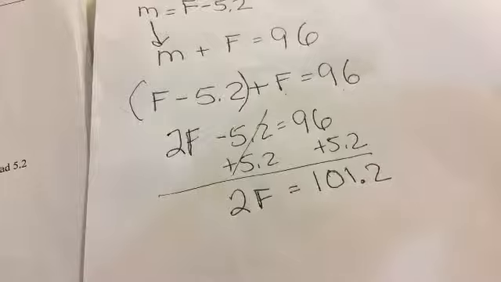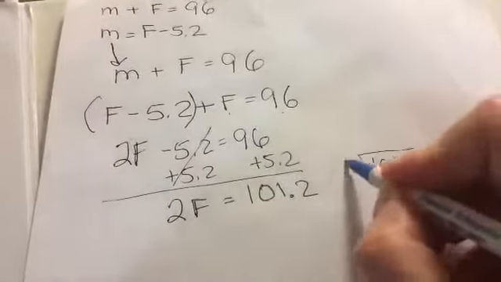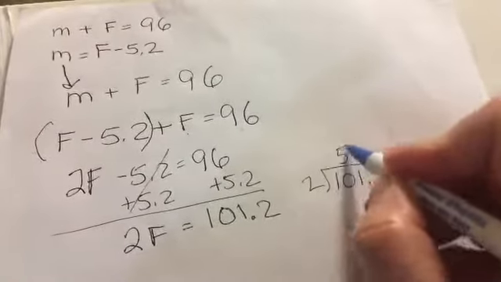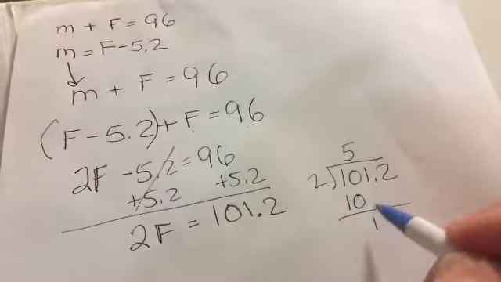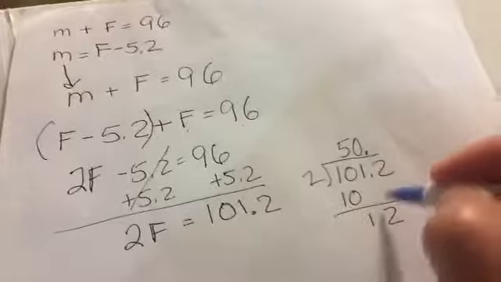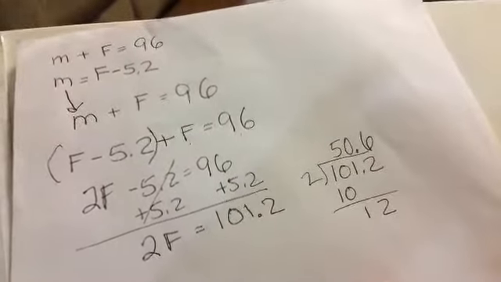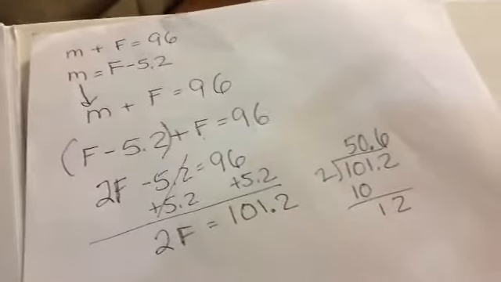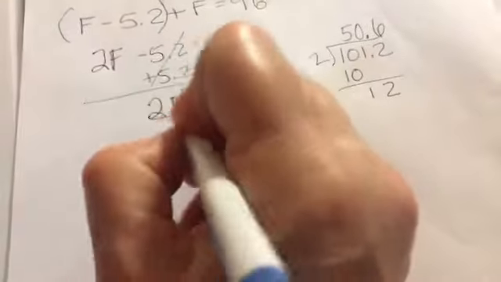And then I'm going to divide 101.2 by 2, which is going to give me 5, 10, bring down my 1, and I'm going to end up getting 0, and then bring down my 2, and get a 6. So 50.6 is going to give me the half of 101.2. Therefore, divide by 2, divide by 2, Facebook is 50.6,